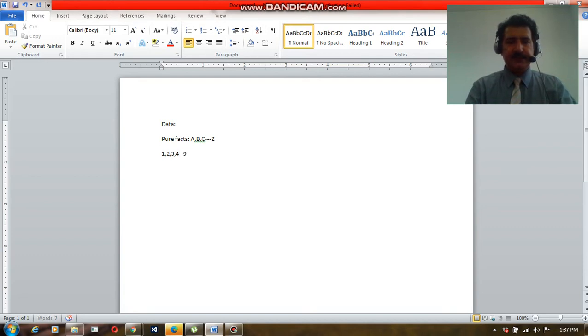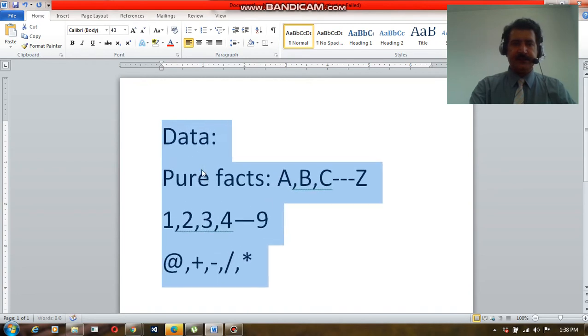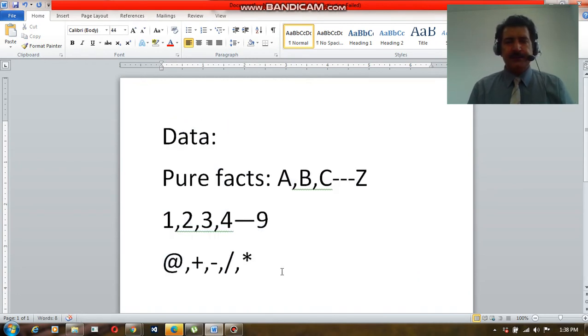For example, here you have some symbols. Let's say, for example, at the rate, or plus, or minus. Let's say division, we are using this sign for division. This is for example multiplication. So if you have signs like this, I'm going to increase the size to make it more clearly visible for you. So you can see, if you have something like data,